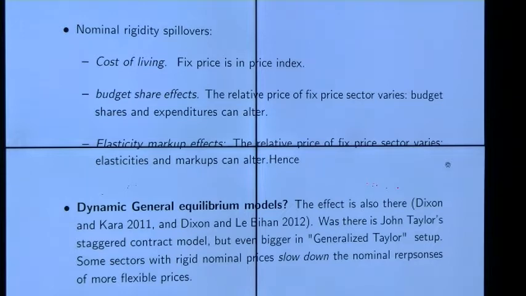Now, it's quite a simple model that I've put forward. What about if you look at a dynamic general equilibrium model, a more complicated model? Well, the effect is also going to be there. I mentioned the more recent paper by Hunan and Willis, but I've also looked at this in earlier papers myself, where we have nominal rigidity in one sector, for example, a Taylor staggered contract model, so that some sectors' prices adjust slowly, and in others prices are perfectly flexible. What sort of thing do we get there? Well, I can just show you